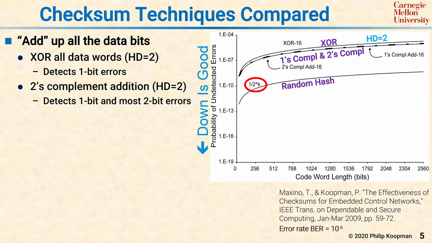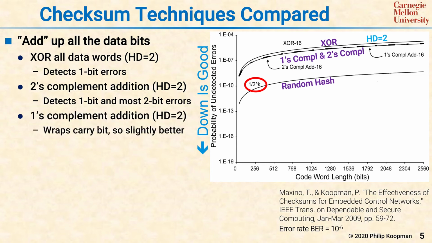You can use a 1's complement addition, which wraps the carry bit around, and it does a little bit better, but on this graph you can barely tell the difference. If you're going to use plain addition for a checksum, you should use a 1's complement addition checksum if you can. It is the best of this family, but as you can see from this chart, you can do much, much better. There are a couple complex checksums, a Fletcher checksum and an Adler checksum, that are more complicated but